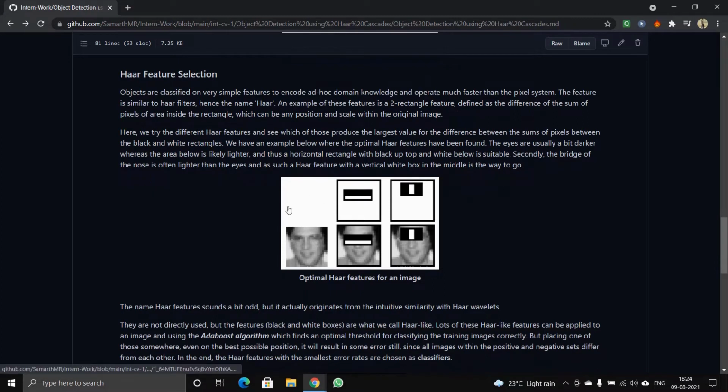So in this example, you can see that this is the image of a man, and here you can see the edge features have been applied to the input image. And again, in the next figure, you can see the line features have been applied.